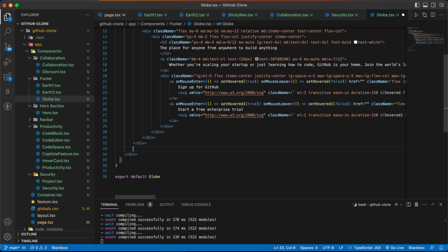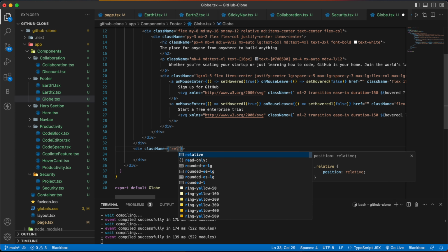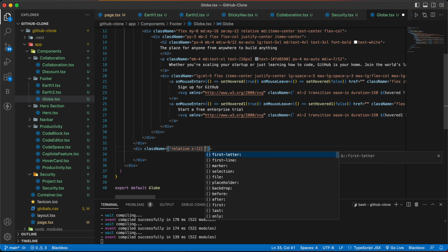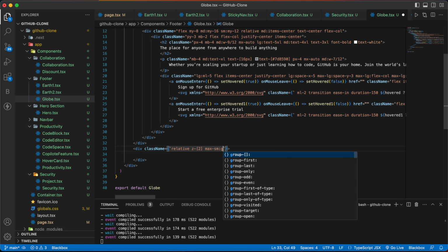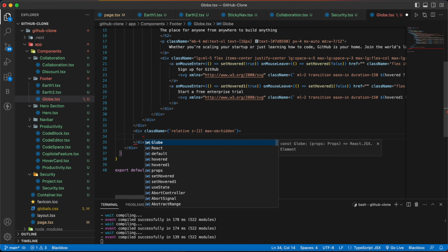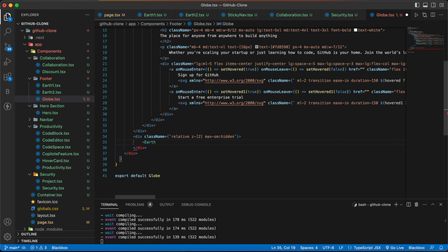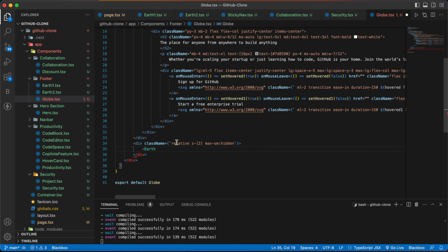After this div, we are going to make one more div with the class name of relative and z-index of 2, max-sm:hidden, and here we are going to use Earth from earth1, and then we are going to use one more div